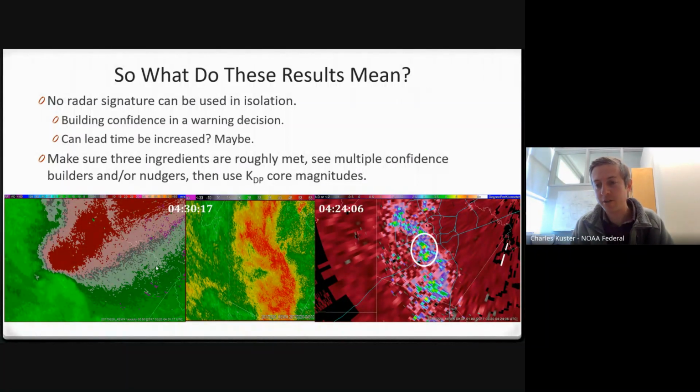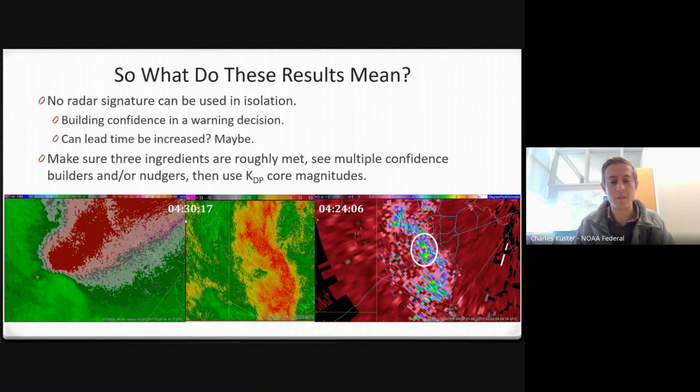This particular one has values near 6, and near 6 was above the 75th percentile of tornadic mesovortices. So maybe at this point in time, at 04:30:17, you have multiple confidence builders, you see this really strong KDP core, maybe that pushes you to a point where you can issue a tornado warning. And a tornado did develop at 04:36 in this particular event. So perhaps it would get you to a point where you could issue a warning sooner,